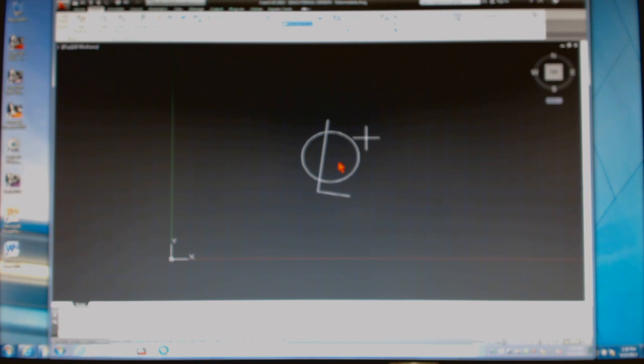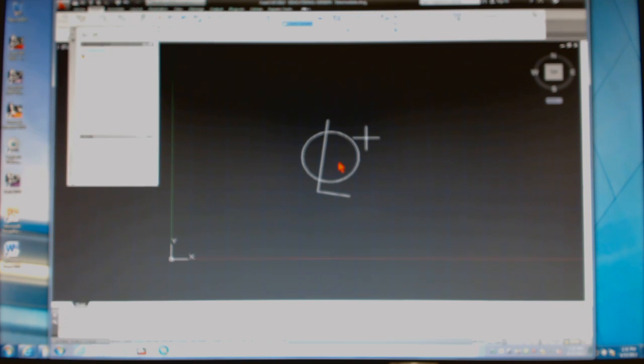The next thing I want to show you is external references, or what they also call Xref. What an Xreference is kind of similar to a block. Okay? It's kind of similar almost to a W block, except when you insert an Xreference, what you're doing is you're basically bringing in a file or an object into your drawing that is externally referenced, which means by a path. It is linked by a path to a certain object. And what I'm talking about, watch this. I'm going to bring in the Xref, which is XR on the keyboard,